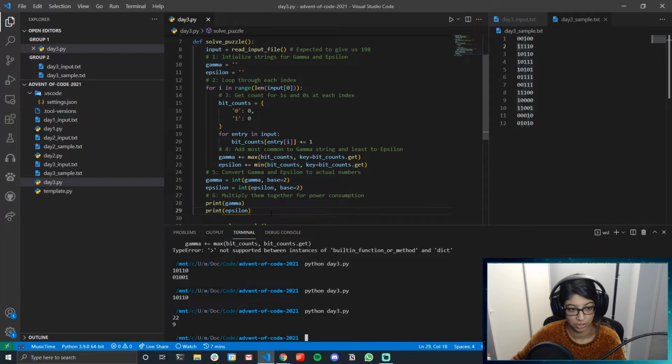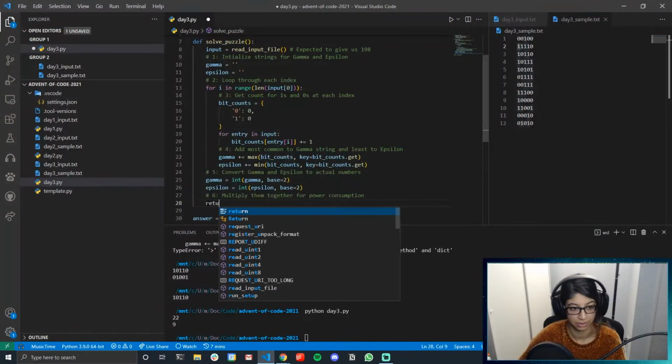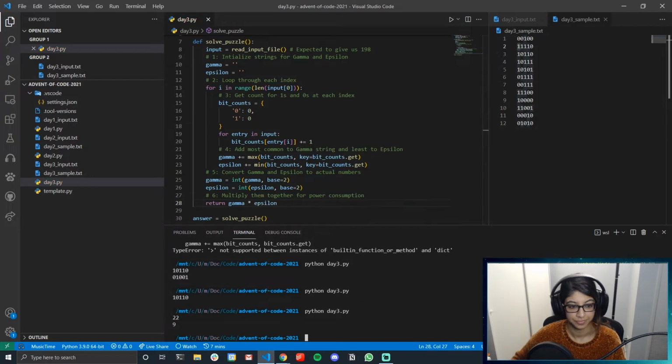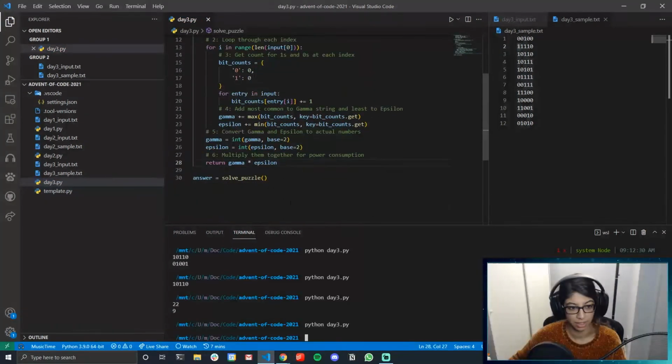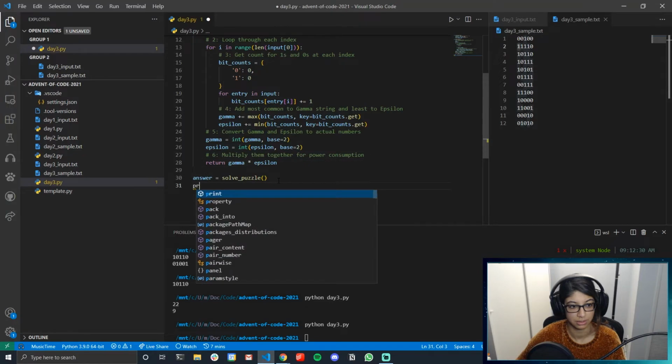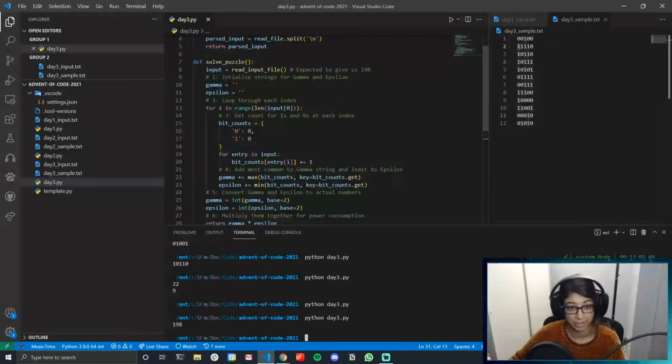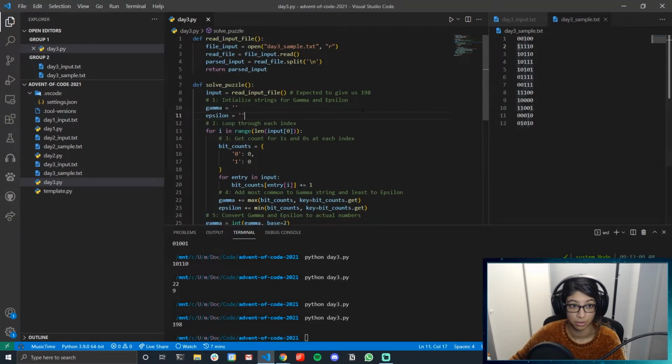Cool, so they give us the right number. So now we just need to multiply them together. So return gamma times epsilon, and print answer. 198, perfect. That's exactly what we expect. So hypothetically, we should just be able to